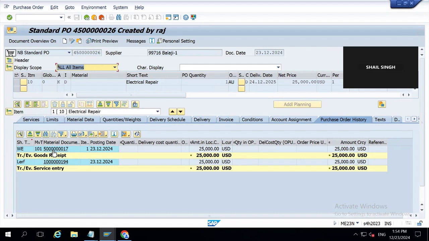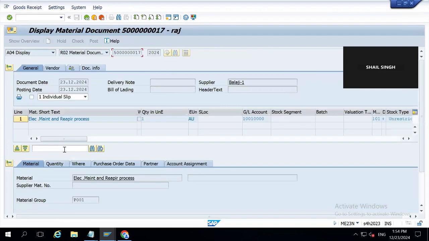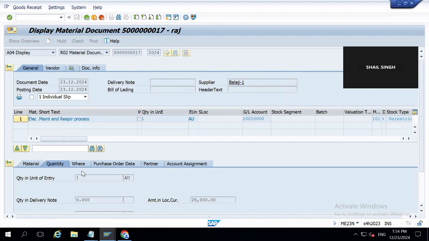So what happened once you made the service entry sheet is that the material document is created. This is our goods receipt. It is showing 25,000 USD. If you double click on this material document, you can see the entry. This is our short text. There is no material; this is our short text, meaning what service you are taking. Quantity,